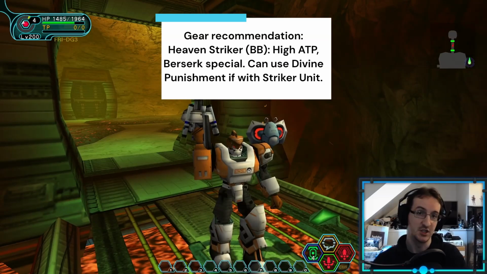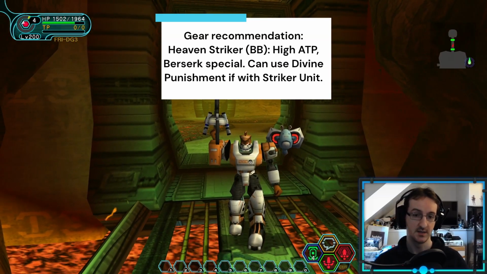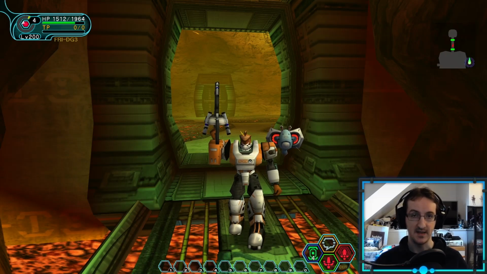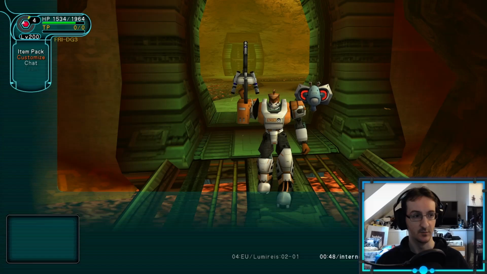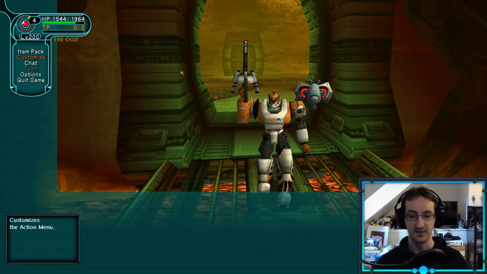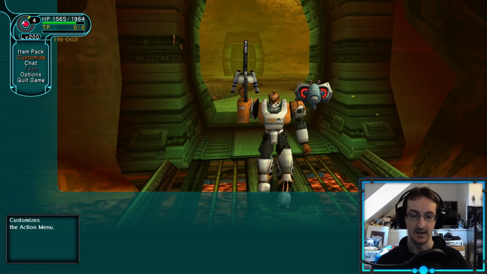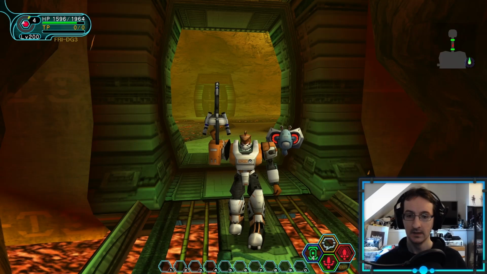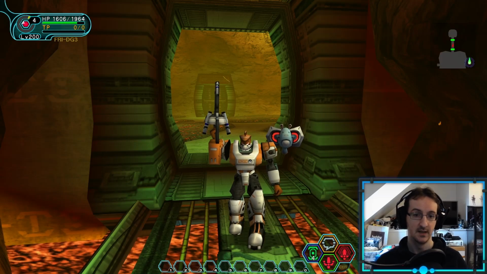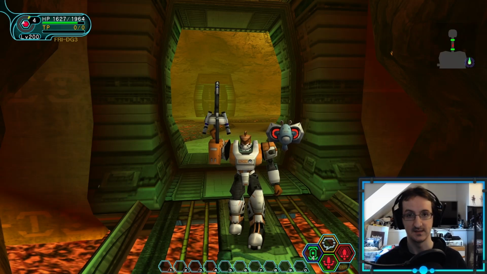With Heaven Striker, you can actually change the special attack as well. So if you use a mag called Striker Unit, if the internet beat time starts with an even number, so the beat time is, you won't see it at the moment because of my camera, but in the bottom right of the screen when you open your menu, there is a little counter that says internet time. And if the first digit of that internet time is an even number, and you've got a Striker Unit mag equipped, then the Heaven Striker special attack will change to Divine Punishment, which is where it fires like light beams